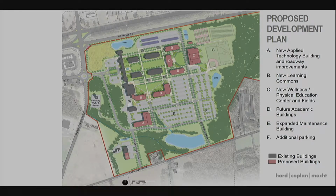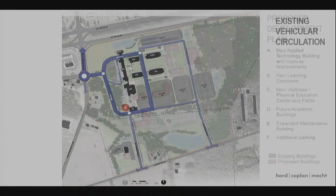But in any event, this is kind of the building layout for the future. Now, that's not going to happen while I'm here. Probably not going to happen while you're in these roles. But this is a long-range plan for the college campus. So let's look at...